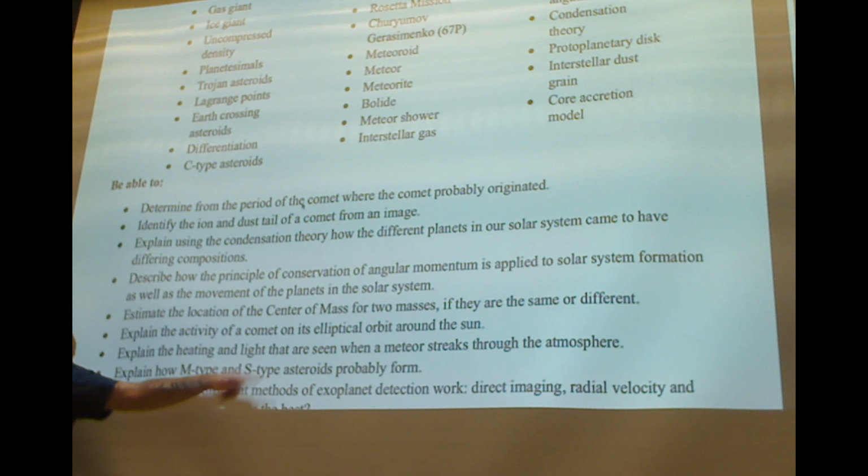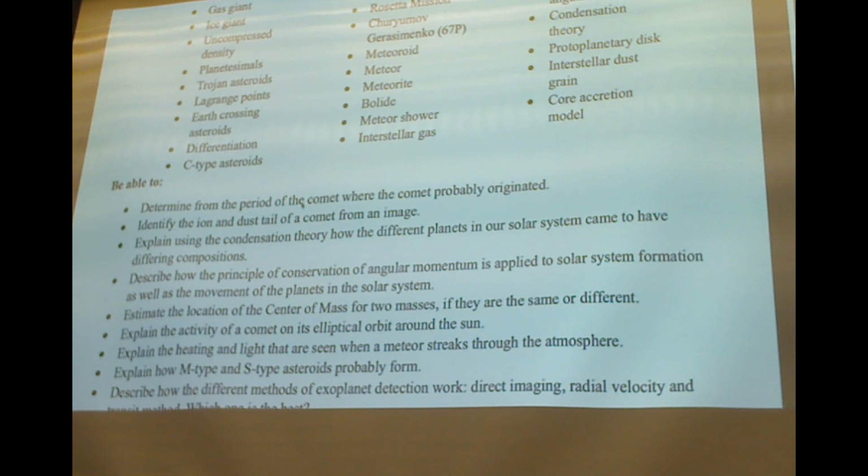Explain the heating and light that are seen when a meteor streaks through the atmosphere. Because I told you, I'm going to ask you to remember this. What is the most important reason for the heating of a meteor as it passes through the atmosphere? It's the air. What about the air? The compression of the air. It's called compressional heating. It used to be that friction was the answer. That's not the right answer. That's just a little piece of it, it turns out. Friction is there, but more importantly, it's the compression of the air in front of the meteor that causes the